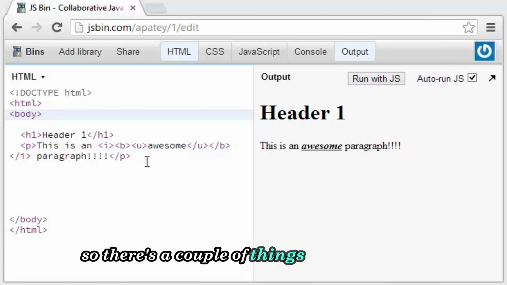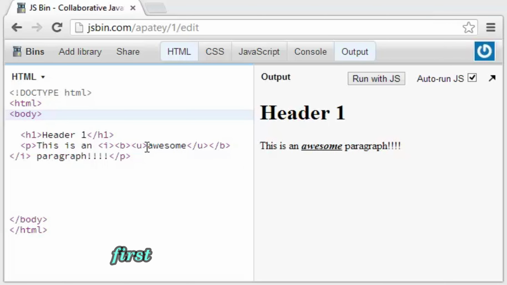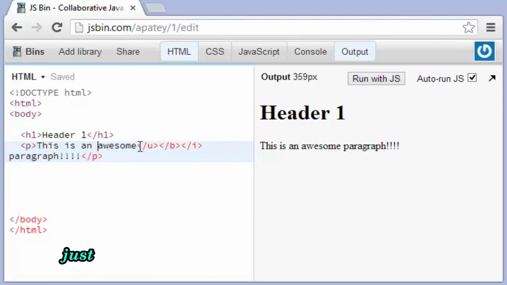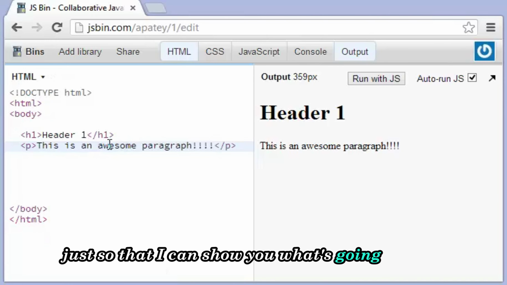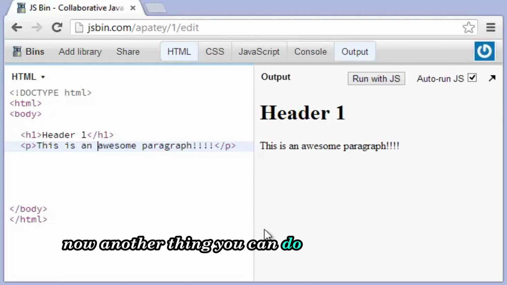So there's a couple of things we can do here. First of all, I'm just going to go ahead and delete these tags here, just so that I can show you what's going on here. Now, another thing you can do, another tag you can do,